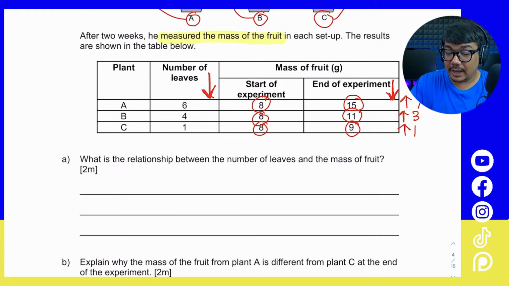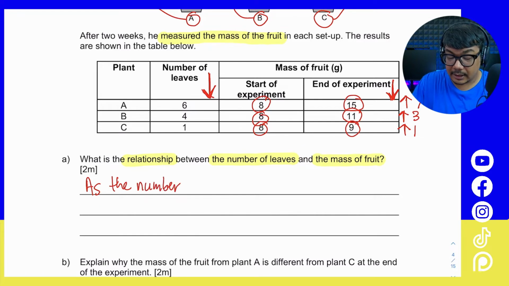Question A. What is the relationship between the number of leaves and the mass of fruit? Okay, so in this case, let's write down what this relationship is. We have seen that the number of leaves was decreasing, am I correct? And the mass of the fruit was also decreasing. So the relationship here would be, as